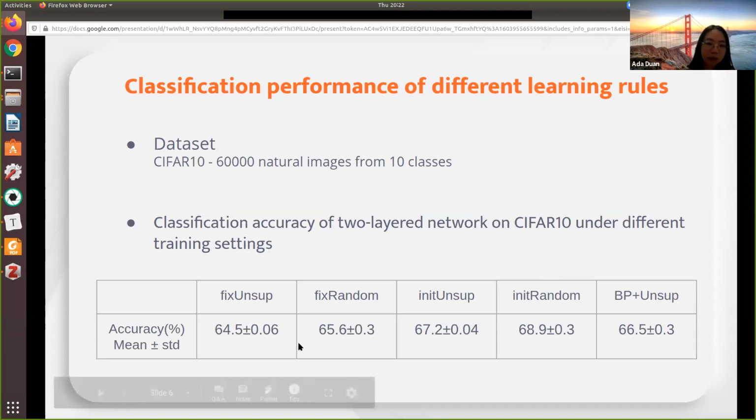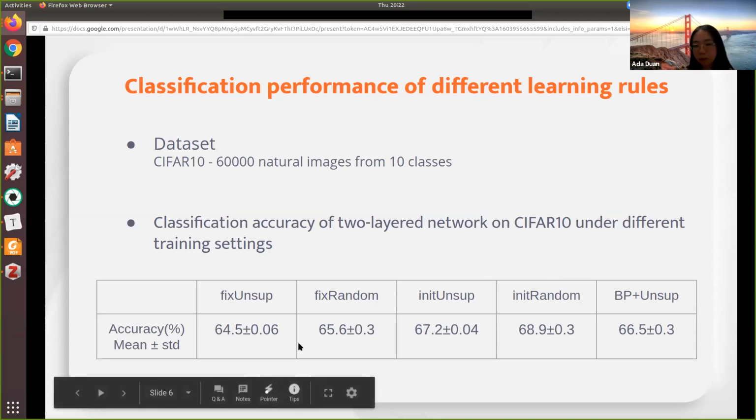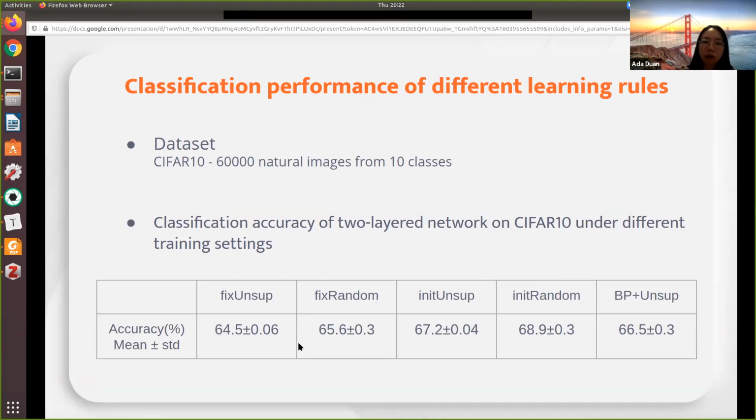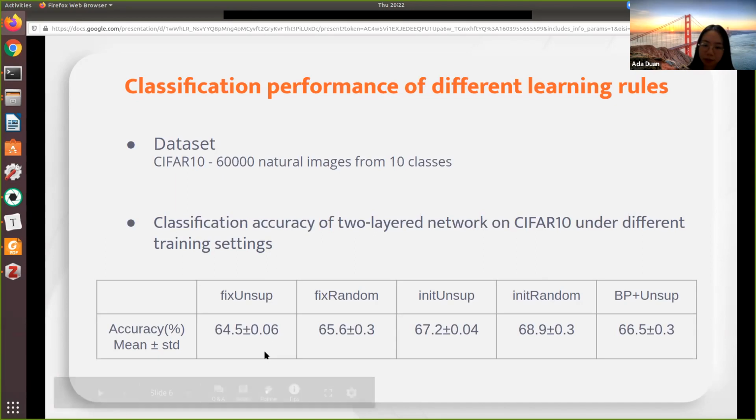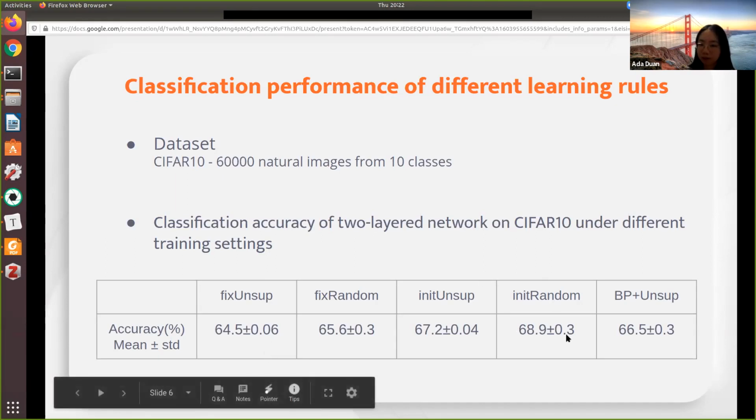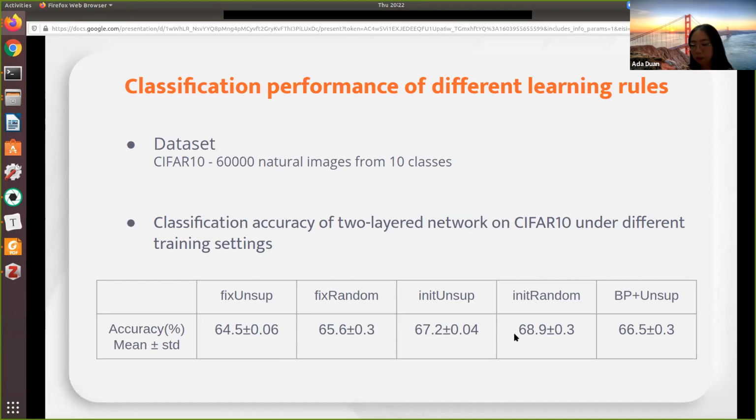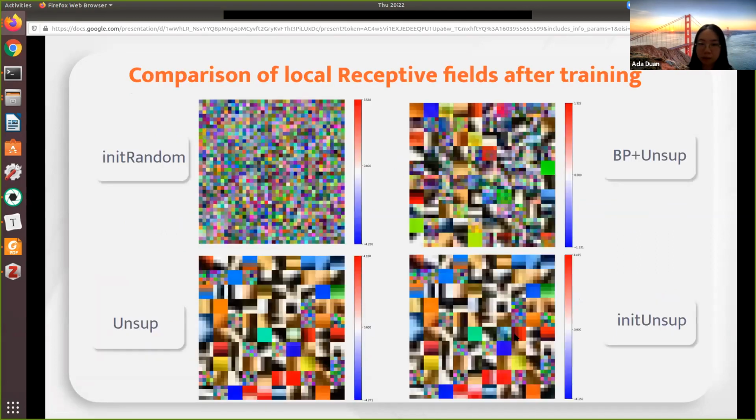As we can see, the classification performance is kind of similar in all these cases, but if we add in the unsupervised learning components, it doesn't quite reach the highest performance of the standard backpropagation. So let's have a closer look at the representations learned by different learning rules to see why this might happen.